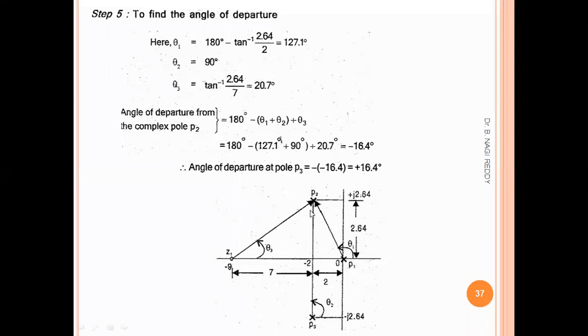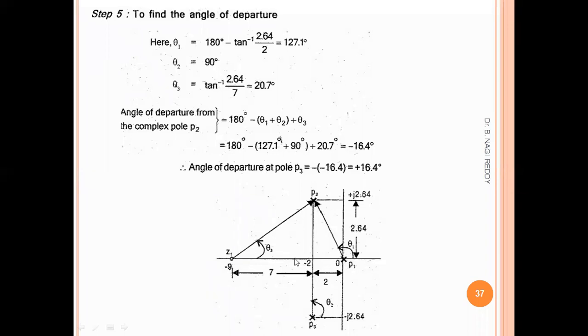So this is our step 5. Okay, you can clearly see, using the protractor we can measure these angles, no problem. Otherwise, if you want to calculate these angles, you know the right angle triangle concept, you know this length, you know this length, and you will get this angle.